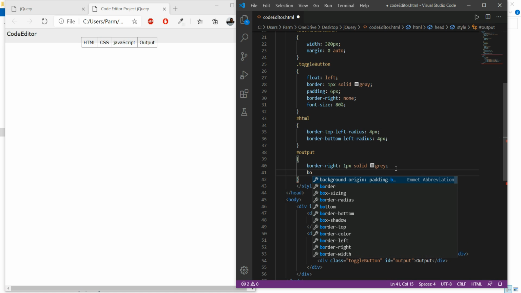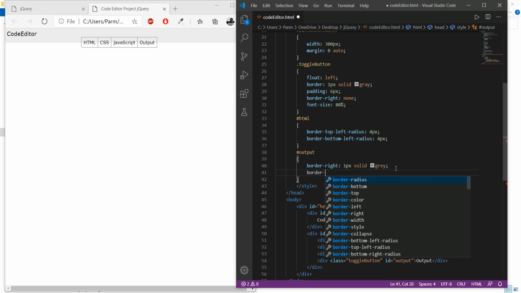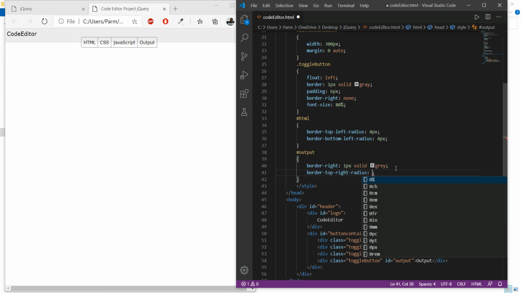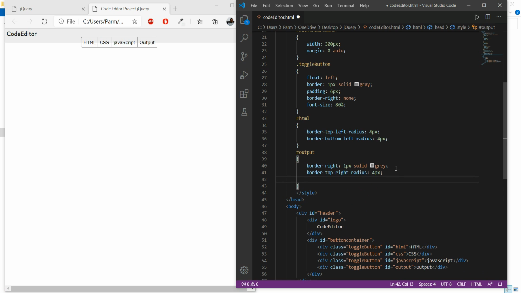So for this I will use border top right radius, it's also set to be 4 pixel, and similarly just copy this, sorry, here we go, paste it, and here in this case I need bottom.